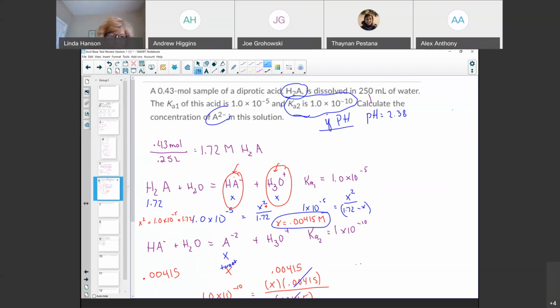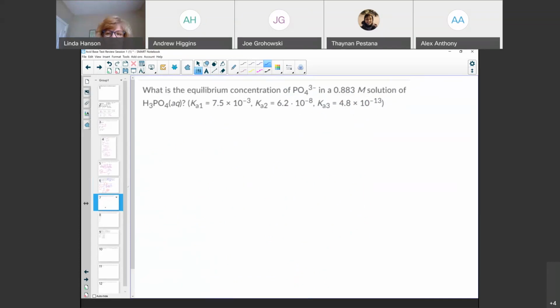Polyprotic acids. I went ahead and found an example here where this time I give you a triprotic acid and we have to go all the way to phosphate. Let's go through what this is saying. I have a triprotic acid, H3PO4, and it's asking me about the phosphate, PO4 minus 3. Since that's removal of 3 hydrogens,